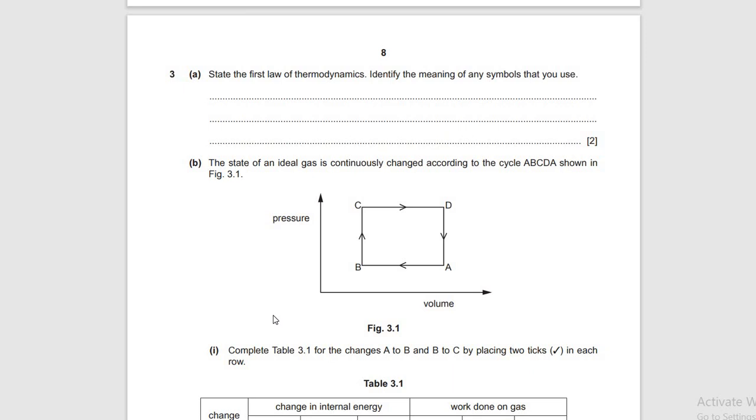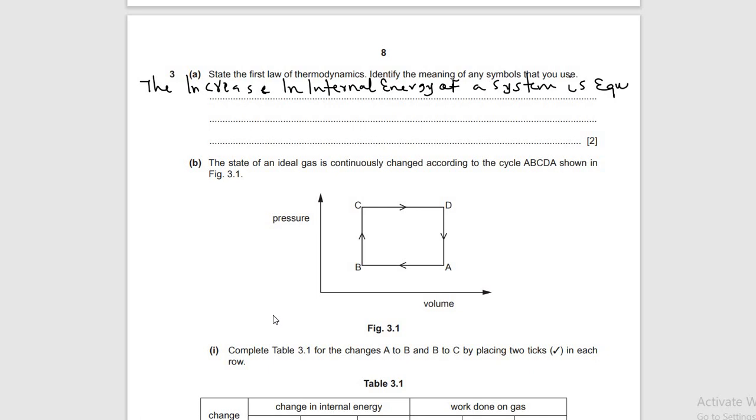The first law of thermodynamics states that the increase in internal energy of a system